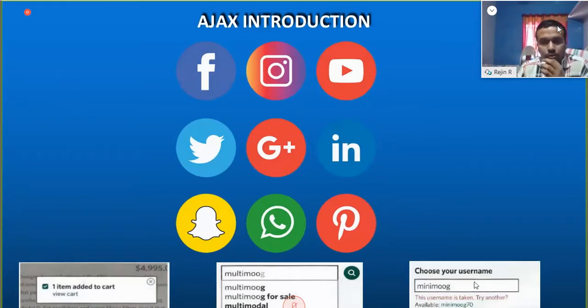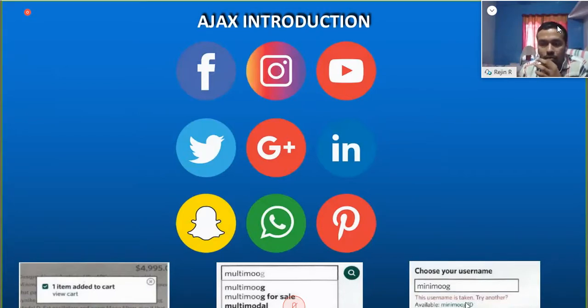And you can choose your username when you are going to register for Facebook. When you type your username, you are notified that the username has already been taken. The page doesn't reload. The entire page is not reloading, but only the section below gets updated to notify you that your username is taken.